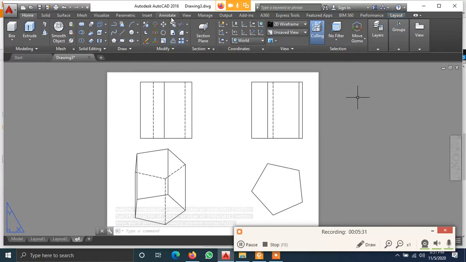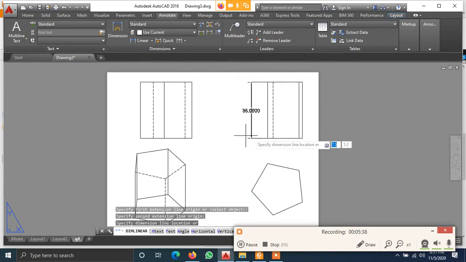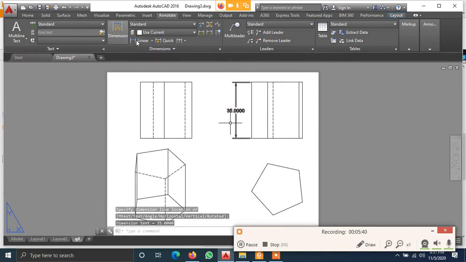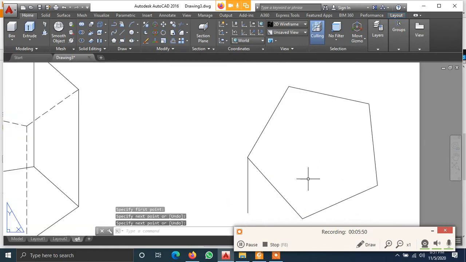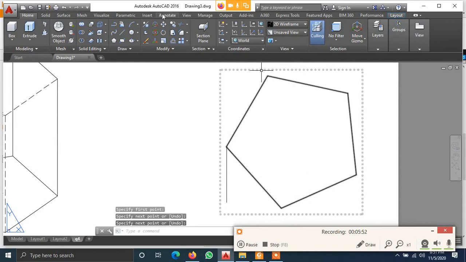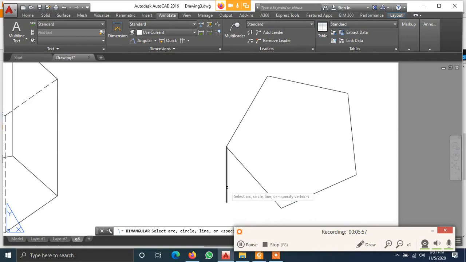In the front view you can visualize only the height, so you just give an annotation of the height, which is 35. Then you draw a reference line in order to make the angle. Since it is the bottom part, I am just drawing it in the bottom part. Click on angular.